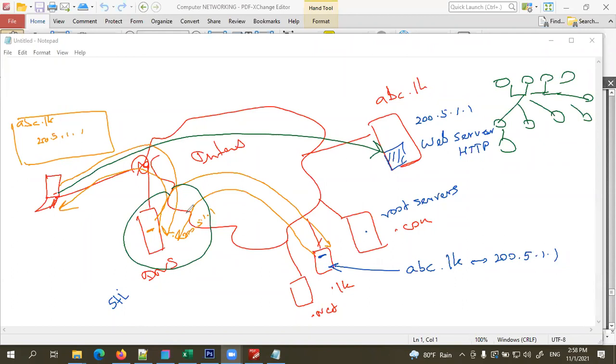Okay, very good question. So if I register abc.lk here, another person can register abc.com. That is available. So they have registered that in the .com registry. That is possible. Another, if someone else needs to register the same name, abc.net, that is available, right? So then you have to use the .net root server and register there. Same name but different top level domains. But no one can register abc.lk again.